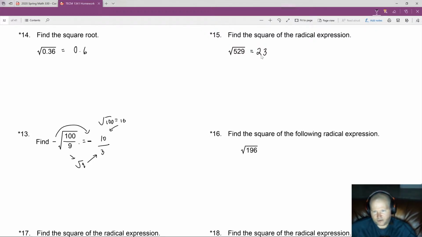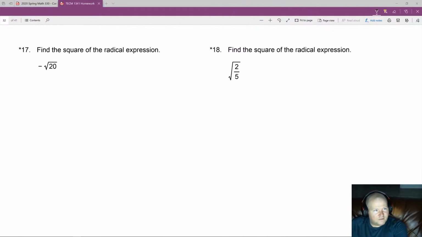Over here, we take the square root of 196. So that's going to give us a 14. Find the square of the radical expression. So we have